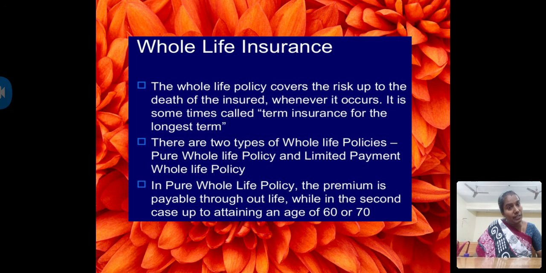Up to 60 or 70 it is going to pay. Whole life, after your death only it is going to be paid to your nominee, that is a wife or kids or whatever it is whose name you are mentioning. Whole life. You may ask the question, why pay this insurance unnecessarily, madam, when we are not able to get the amount when we are alive? You may have the doubt here.